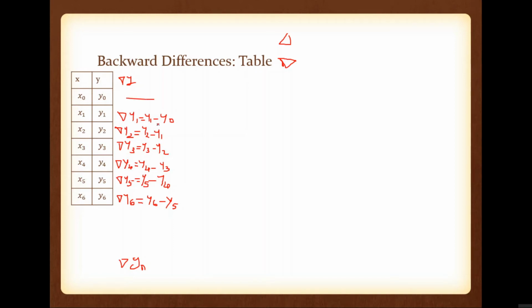So there are some similarities between forward difference and backward difference. The calculation is similar, the same equation you can see. y1 minus y0 is delta y0 if it is forward difference, and del y1 if it is backward difference. So we can say del y1 is nothing but delta y0. Similarly, y2 minus y1 is del y2 if it is backward difference, and delta y1 if it is forward difference.